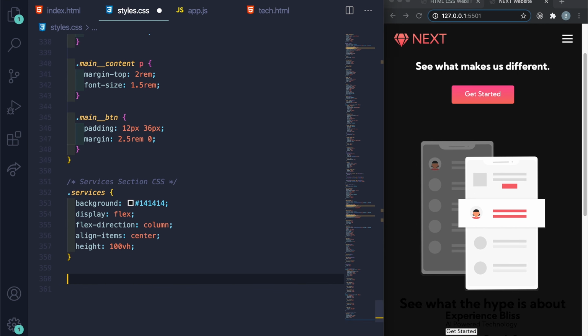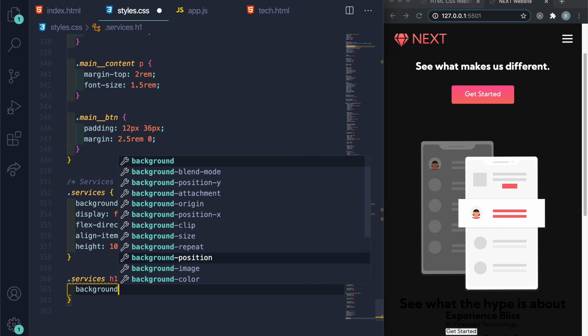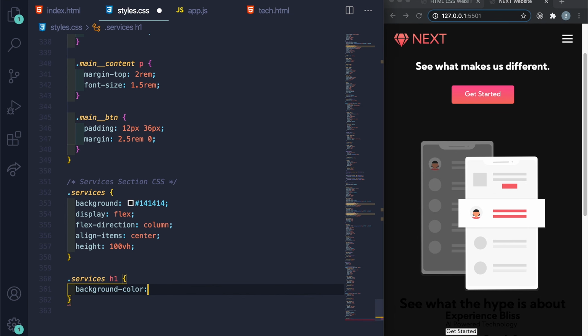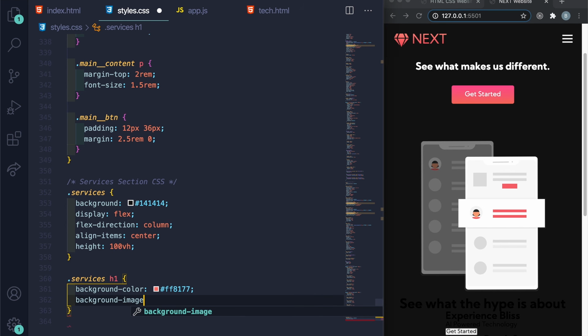And now underneath here, let's do .services h1. And here's going to be a pretty crazy one. Let's just say background-color. I want it to be #FF8177. And then background-image: linear-gradient, and then I want to say to right, comma, and then #FF8177